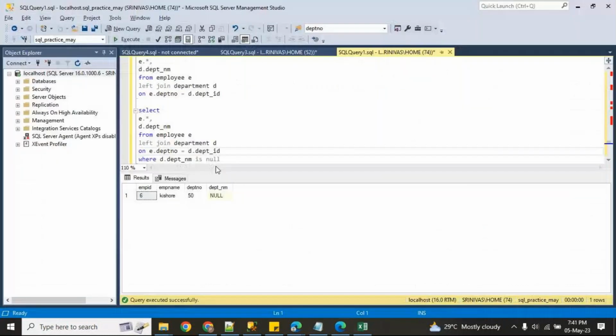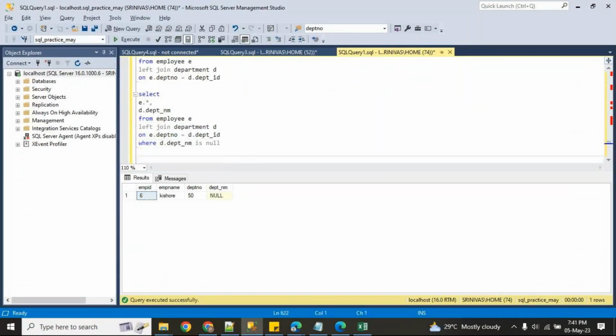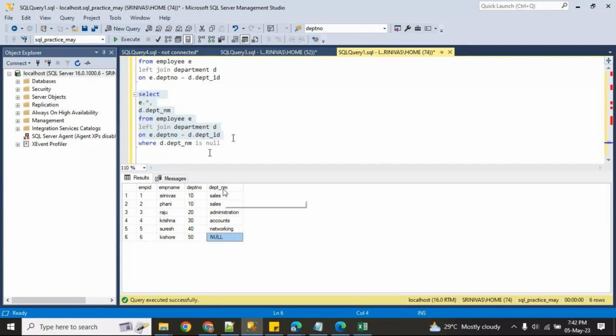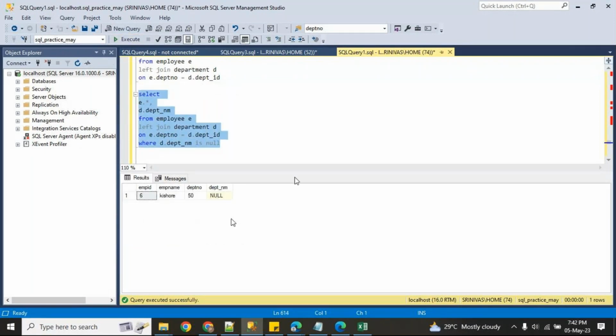In the interview they will ask these kinds of questions. So what you have to do is, first take the left join. Now if the record is not matched, you will get a null value. For whichever column you are getting the null value, that record I am selecting here. Okay. Now I can say this employee does not belong to any department.